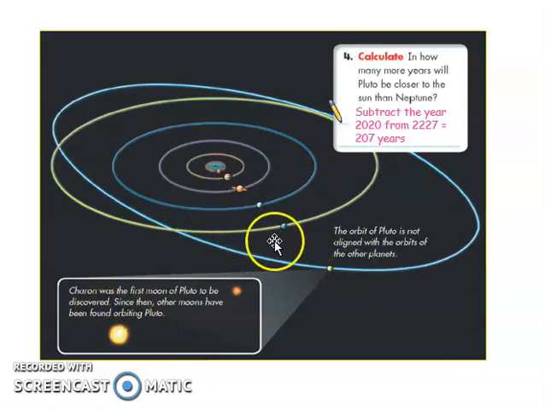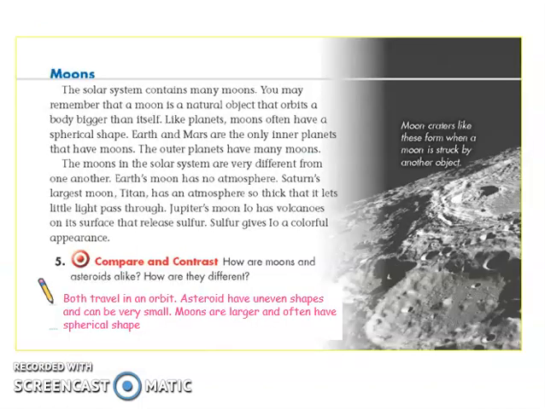By the way, Pluto has a moon which is named Charon. Okay, so Charon is a very small moon. Imagine Pluto is a small planet, but it also has a moon which is named Charon. It's a small moon. Now, let's go to